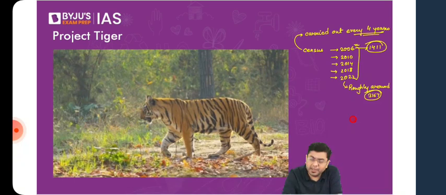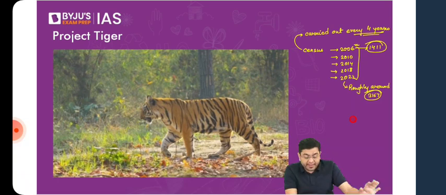This has been a result of the success of Project Tiger. Now, while the tiger population across the tiger range countries is increasing, other than regions such as Vietnam, Laos, Cambodia, in these areas the tiger population has declined. It has reduced to almost zero in a few of these particular regions. So that is where the conservation methods and the presence of ideal habitat, conservation of the wildlife, has led to a substantial and sharp increase in the tiger population for the past few decades in India.